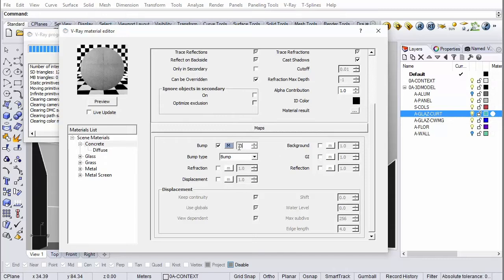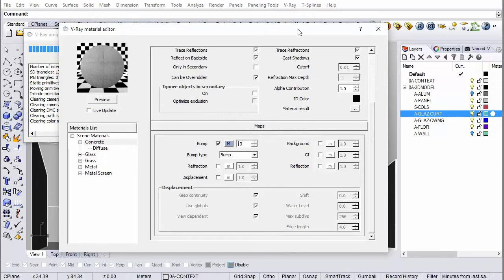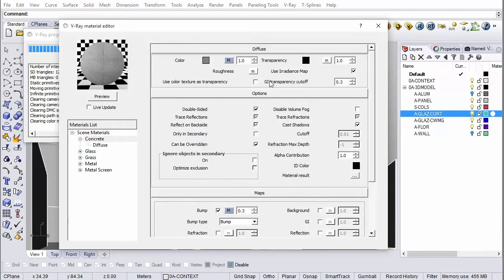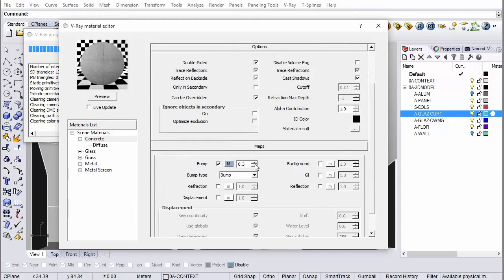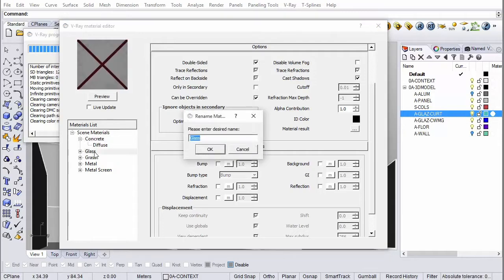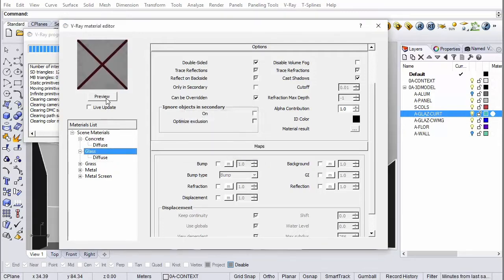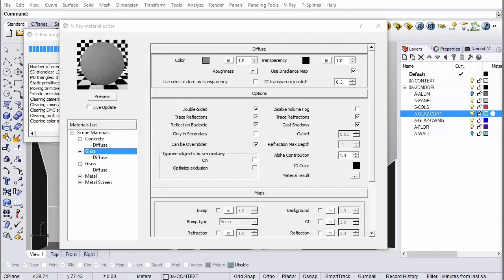And again, those are the two very, very basic things that you need to do to assign a color to a material, a texture, and the bump map, which is how rough it looks. So next up is the glass. Once again, we're starting with a basic gray. So the most important thing that we're going to do